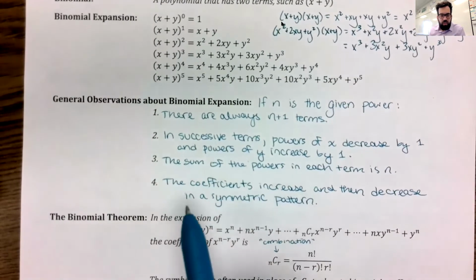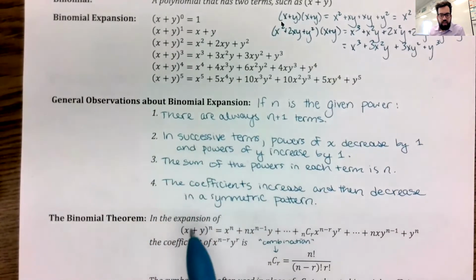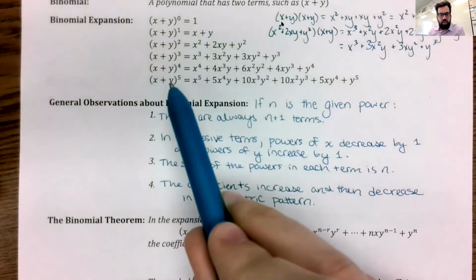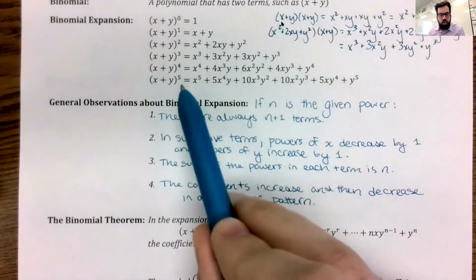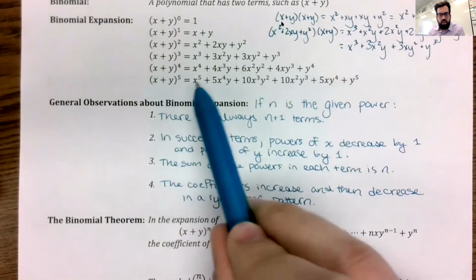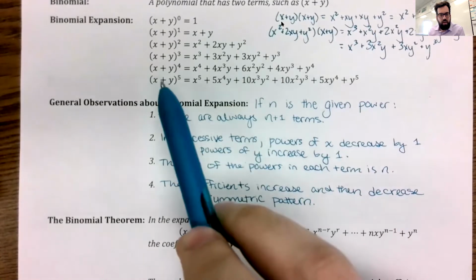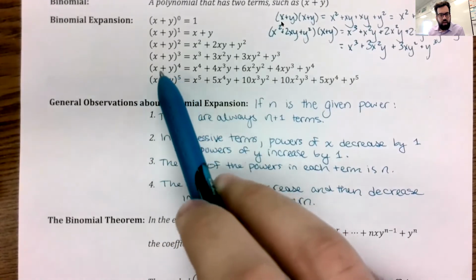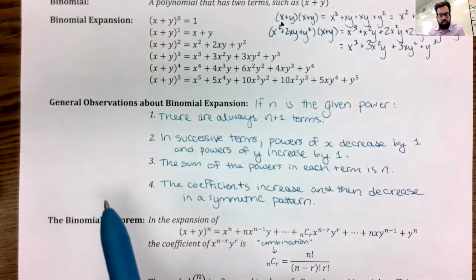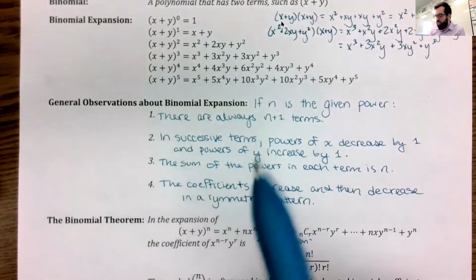And another observation, the coefficients increase and then decrease in a symmetric pattern. So in this x plus y to the 5th, we have coefficients of 1, 5, 10, 10, 5, 1. They increase and then decrease in a pattern. Same thing happens in x plus y to the 4th. We have 1, 4, 6, 4, 1. Okay, so given that information,